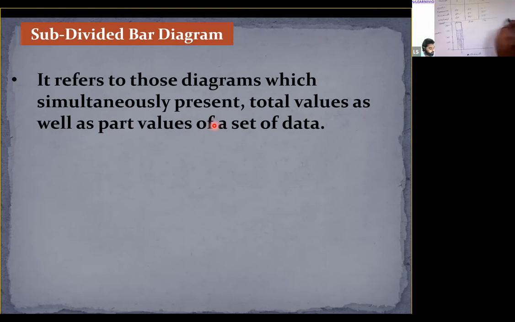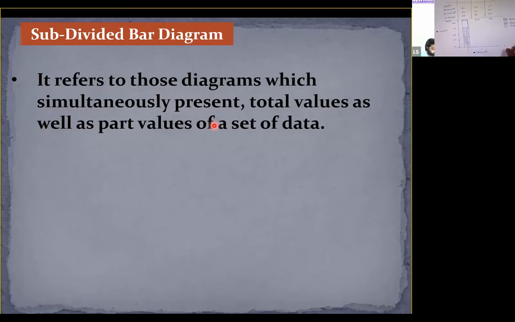So now look here. The vertical shaded area, the cross shaded area indicates marks scored in economics, and the check shaded column indicates marks scored in accounts. The blank column indicates marks scored in business studies. Can anyone tell me what is the difference between multiple bar diagram and subdivided bar diagram? Anyone? Anyone will try this?